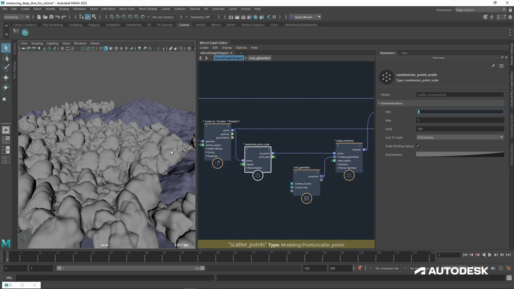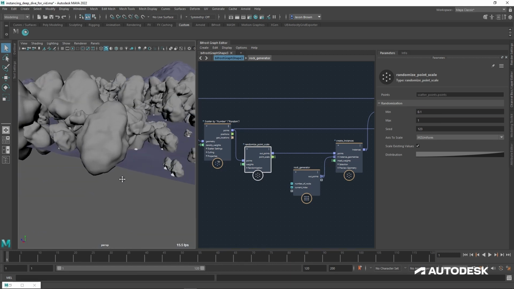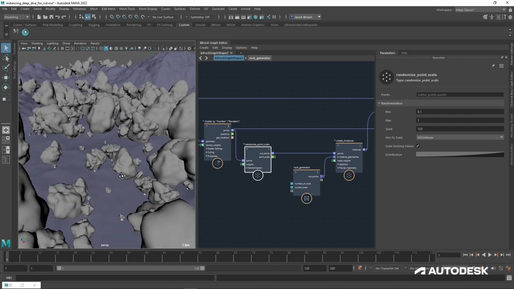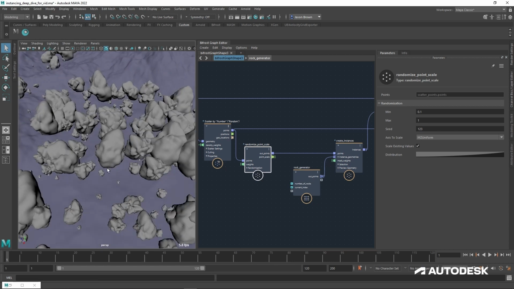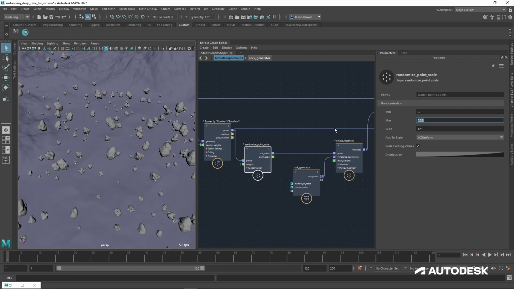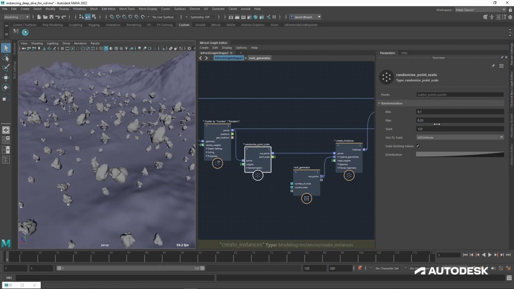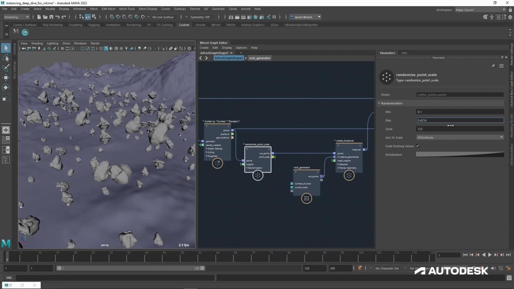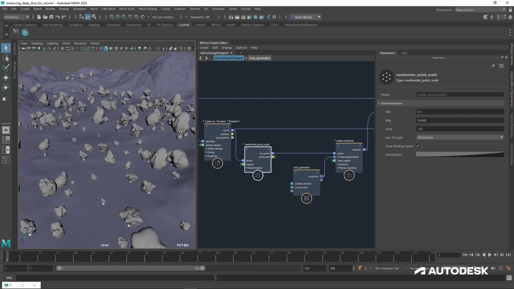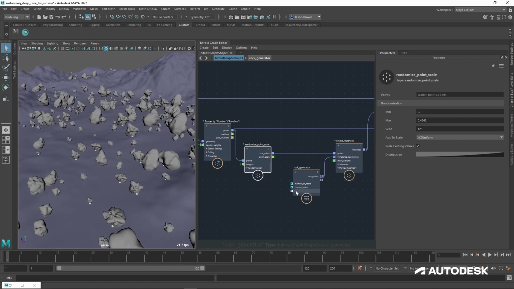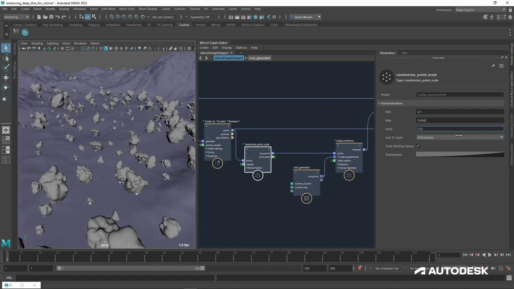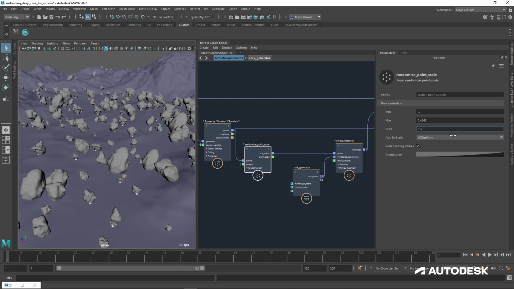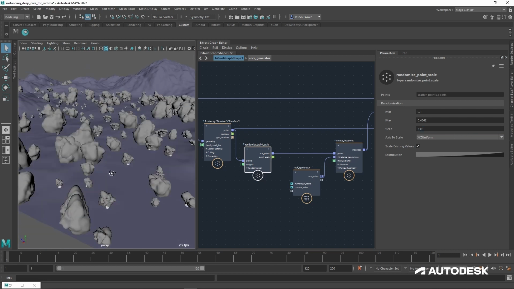I want them to be quite a lot smaller. So let's try 1/10 of that. So now we're getting something a little better. These very small rocks down here. These guys are still a bit bigger. Maybe I don't want them to go past 0.33. Now they're a little small, so I can just drag this up until I get something I like the look of. Like that. Which is great. And of course I can change the seed. And they're all looking a bit odd at the moment, but we're going to get onto that.